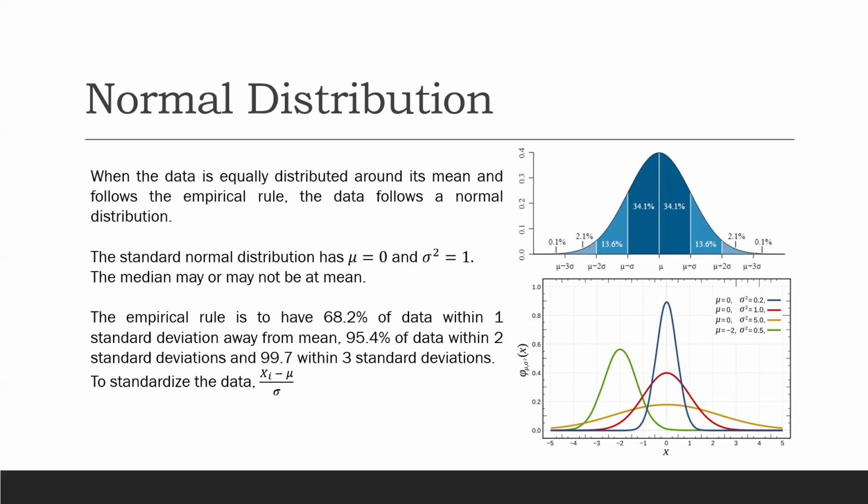Similarly, we have something called normal distribution. This is one more way of looking at our data. Before you understand normal distribution, we should also discuss something called z-score or z-statistic. What it tells is you go and subtract each data point from its mean and divide by the variance.